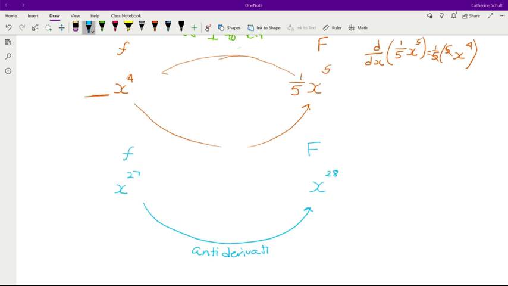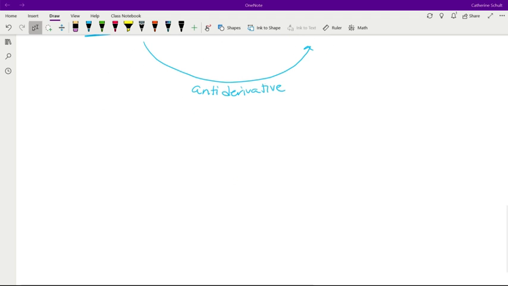But when we go in the opposite direction and we take the derivative, we would bring the 28 down in front, but the coefficient is 1. So we're going to have a 1 over 28 in front, and then that would be your antiderivative. Okay, so in general,